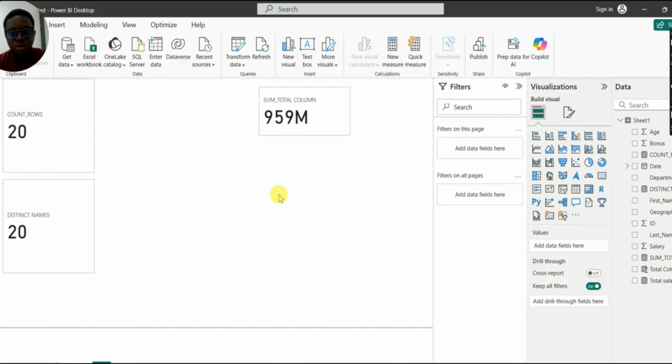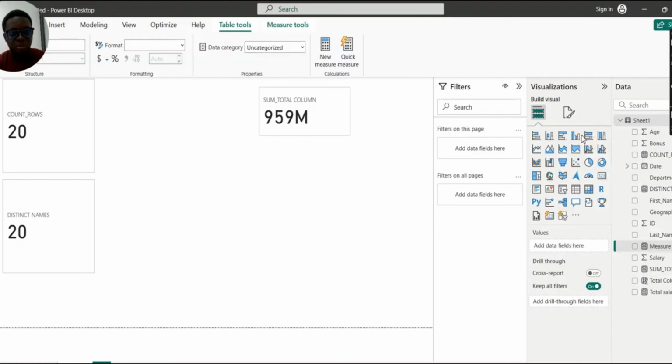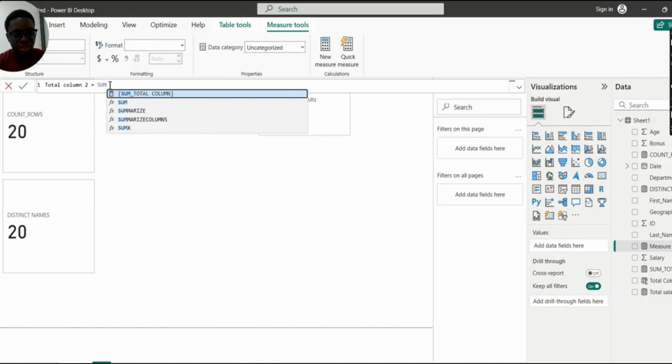All right, and so how do we do this? So again, we come here and we say new measure. So we don't use a calculated column. Now we use a measure because we are using the sumx. All right, and so we are going to say total column, but this we are saying total column 2. All right, and we are using what we call the sumx to see if we can get the same result. All right, and so we're going to type sumx,